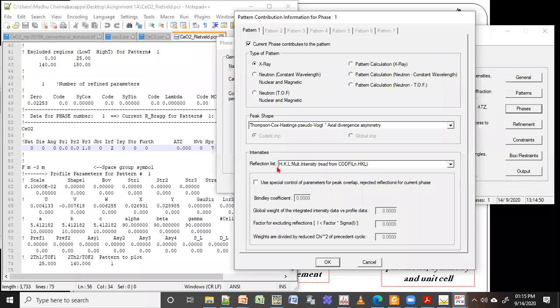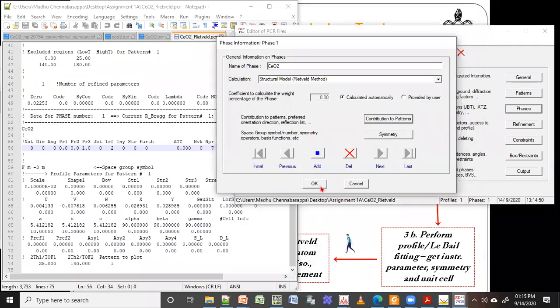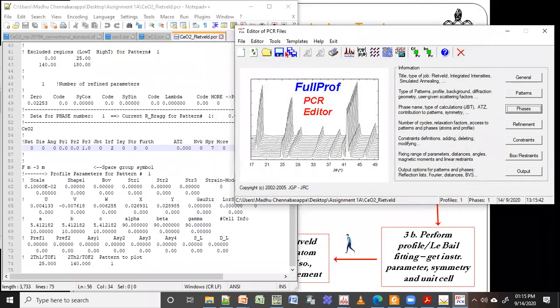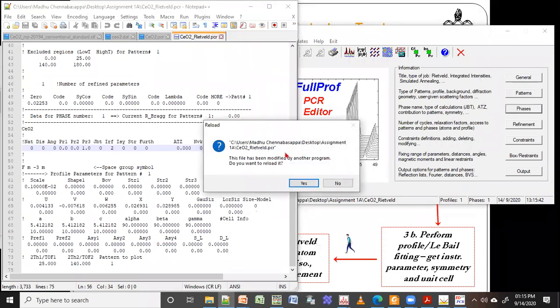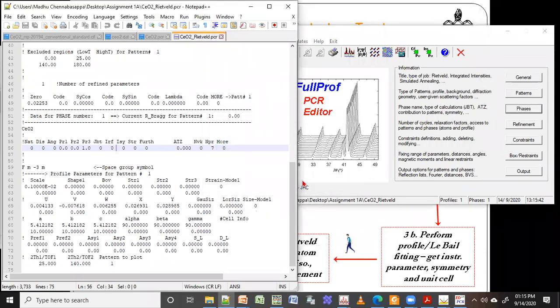It is written as HKL intensities from some file. I have to just change it to automatically generate from the space group. Then I will say okay, okay, save. Then this IRF will become 0. So you can see it has become 0.